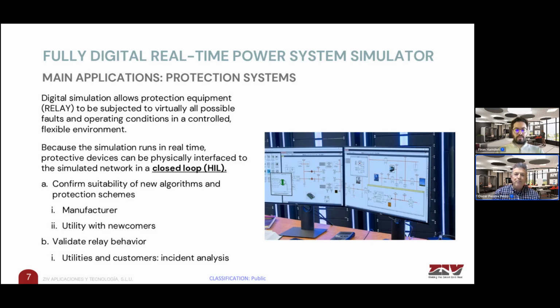So in fact, more and more frequently when ZIB approaches new markets, we find utilities that require from us to show how our relays behave under an RTDS simulation, right? So this is talking about the checking of the algorithms to validate a new vendor, but also there is a second point,